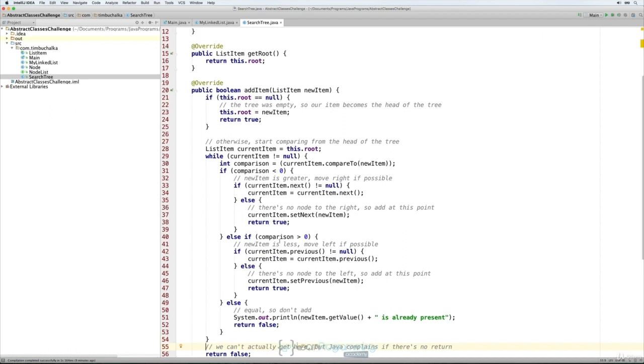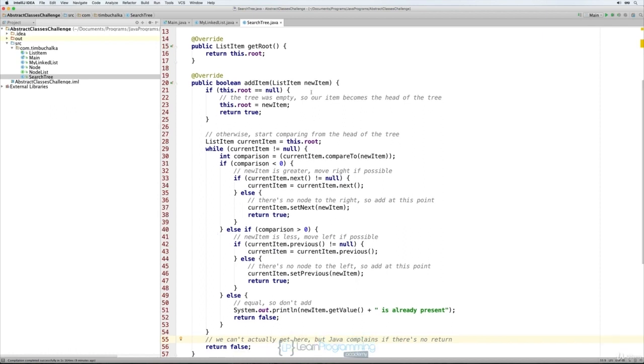Otherwise, if the comparison is greater than 0, then that means that the new item we're trying to add is less in a sort order perspective, so we need to try and move left if possible. So if the current item's previous is not equal to null, we go to the previous entry. Bearing in mind we're in a while loop with both of these, so we're going to continue to do that until we get to the point. Otherwise, else, there's no node to the left, so we can actually add it at this point. So we actually then use the .setPrevious for the new item to actually put it in that spot, and